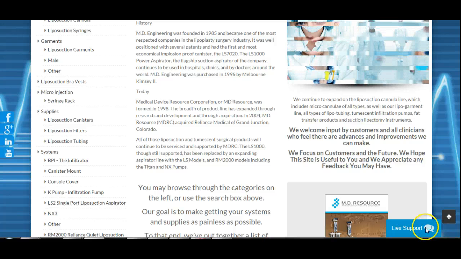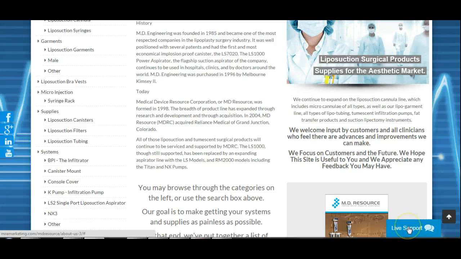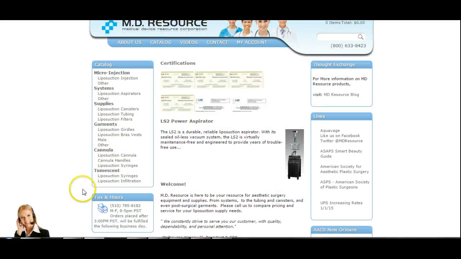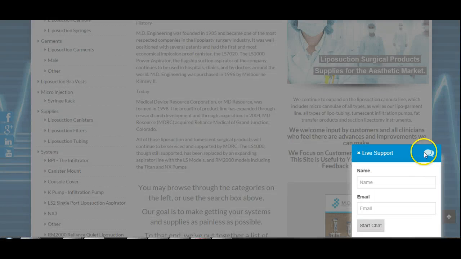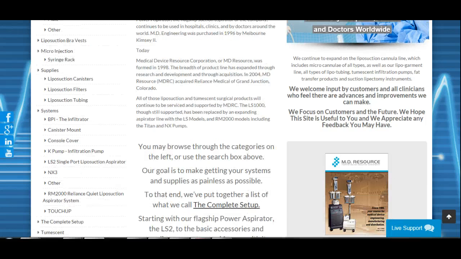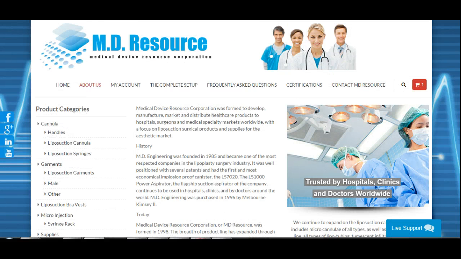Also, you'll notice the live support, the live chat here. Now this is just like what you have on your current website. The only thing is I need the copy and paste code for this young gal here so that I can replace it on your website. That's it. Once you provide me that, then I can simply replace this stock image that I have here. So this is the About Us page. I also want to show you,